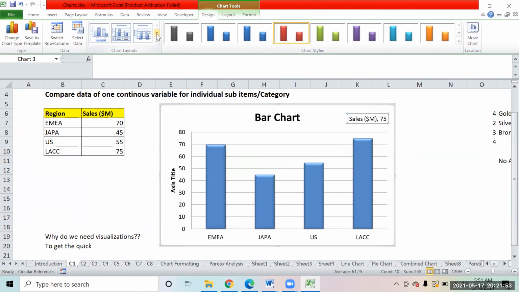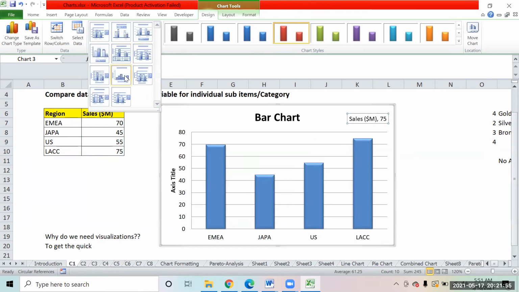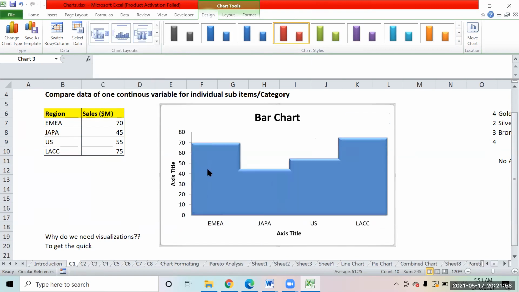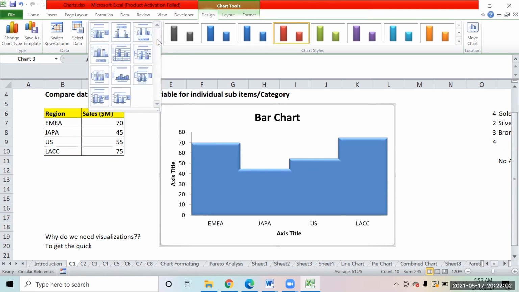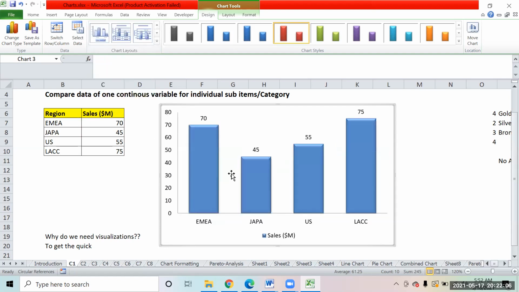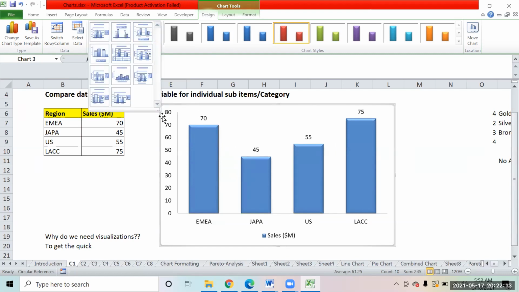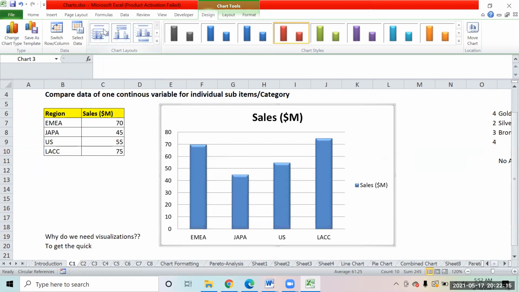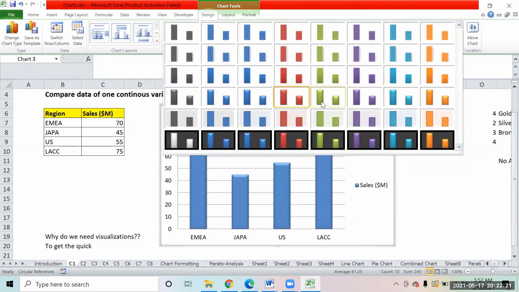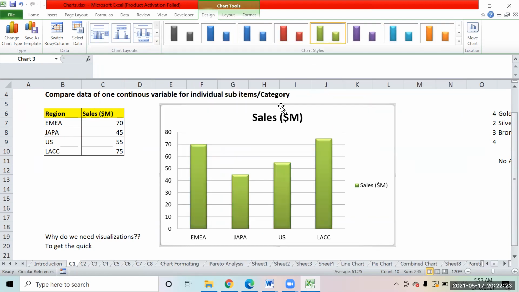So layout is how the chart is going to look like, right? For example, if you make the chart look like this, now it's looking a little weird, but this is one of the layouts that you have. Suppose you make the chart look like this. You see now you don't have a title, you have a legend which is coming at the bottom. There are a variety of layouts that you will be able to select from. Whichever you feel looks good, you can pick that up. If you want to change or apply the colors and all, you can do that, just a click and you can do it.